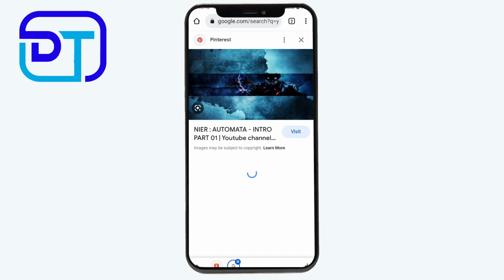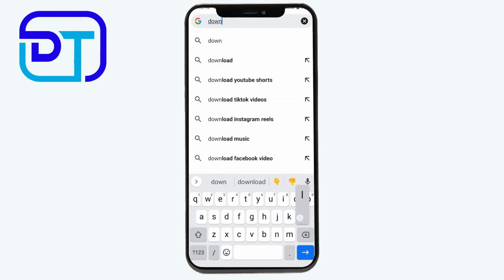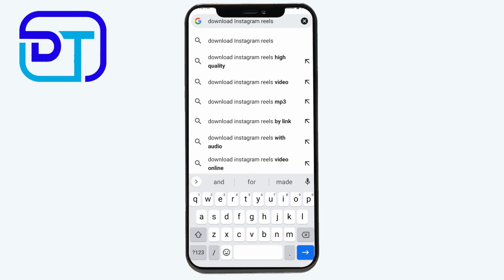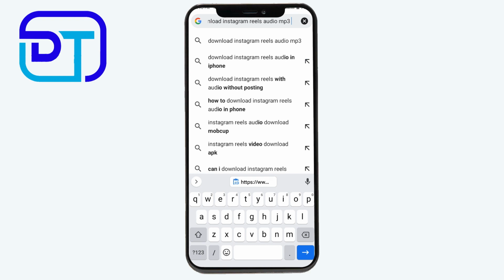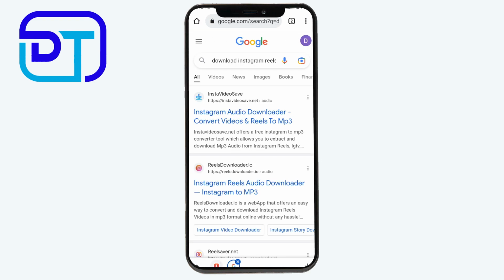or anything you use, just search for download Instagram Reels audio. Like this, choose the first website,